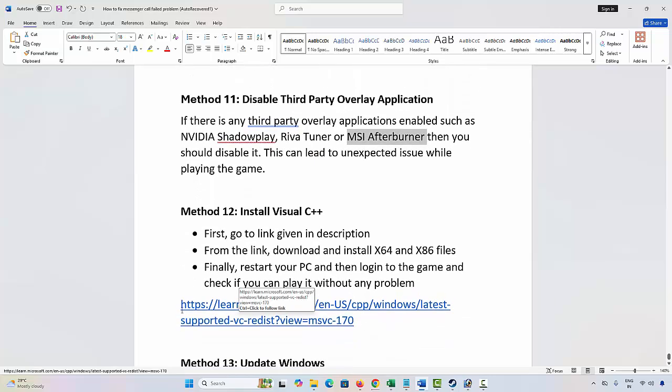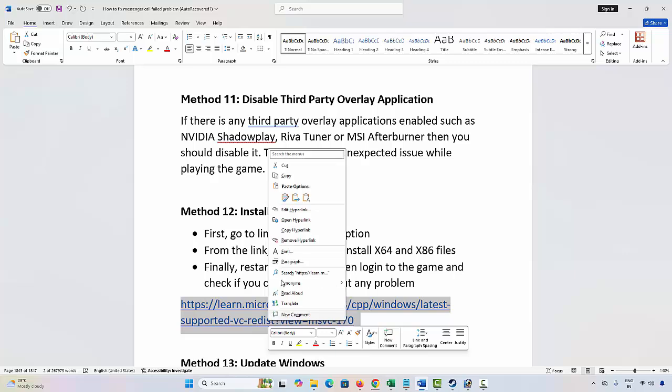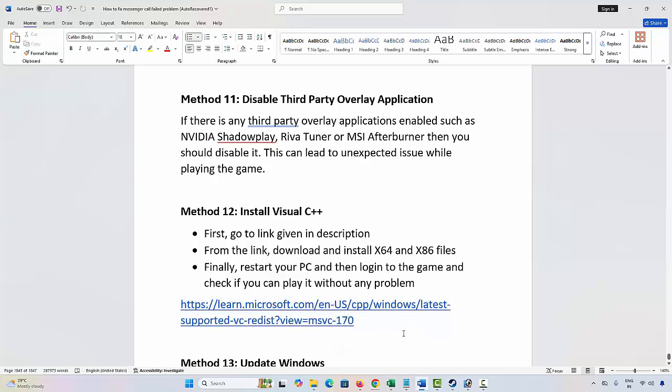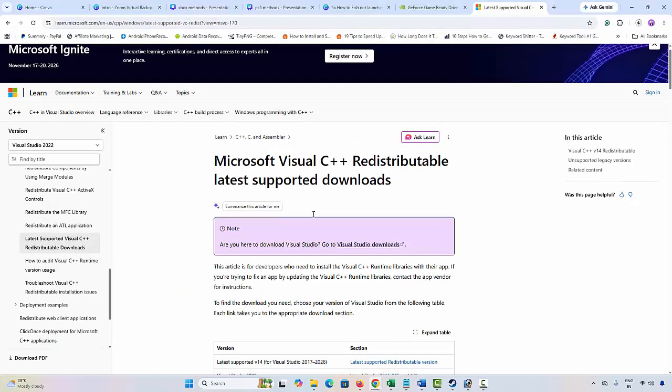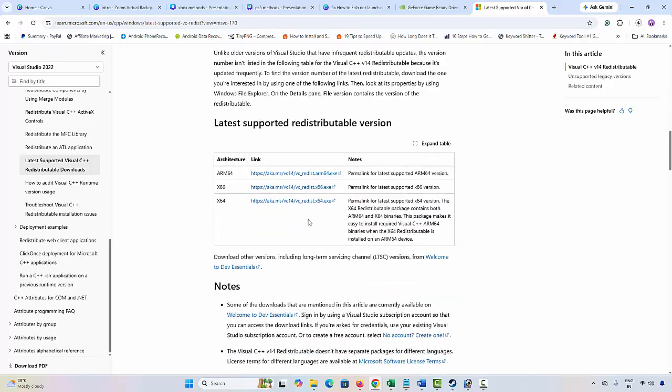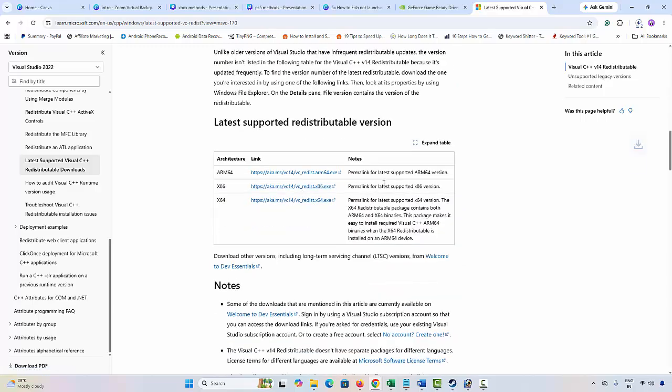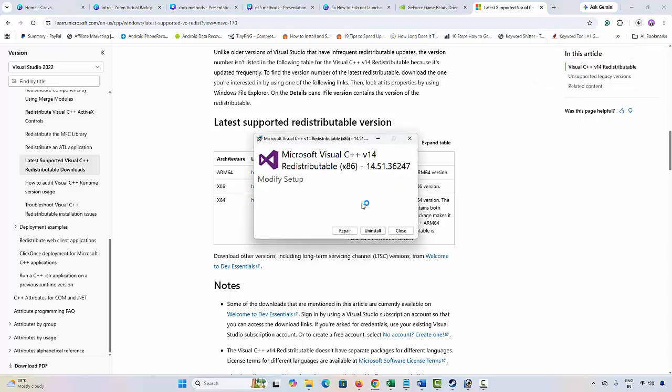Next is to install Visual C++ files. For that, I have already provided this link in the description. You just have to copy and paste it in your browser. After the website opens, go below. From here, you have to click on the link to download Visual C++ files. Once it is downloaded, you have to open it and you will get a repair or install option. Click on it, click on yes, wait for some time,